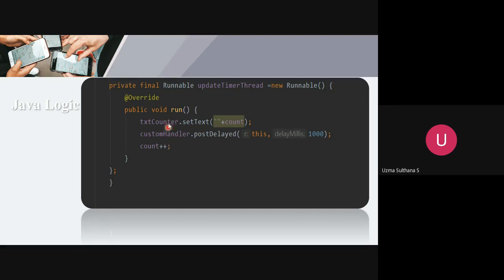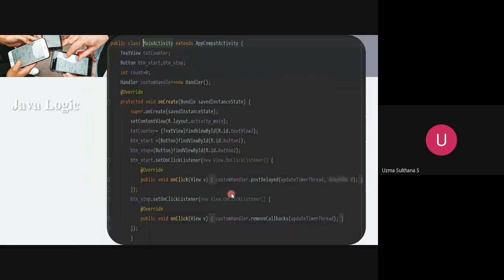Inside this you need to write only 3 methods. You need to remember only the syntax. If you remember the syntax and if you remember the logic, counter plus plus, where you need to update, then automatically the updation will happen. The same way here as well. See, only one line. This is a very simple program. I hope everyone is clear with this.